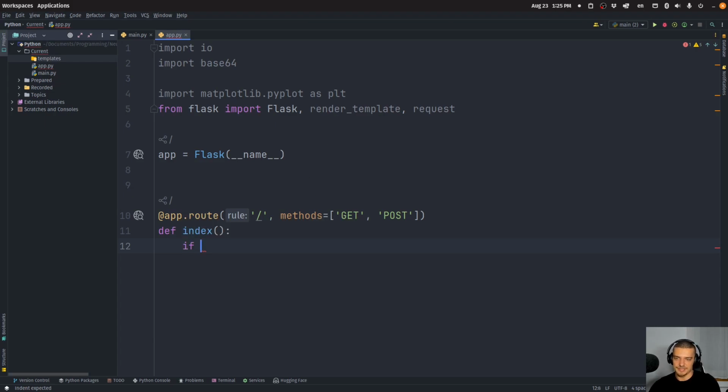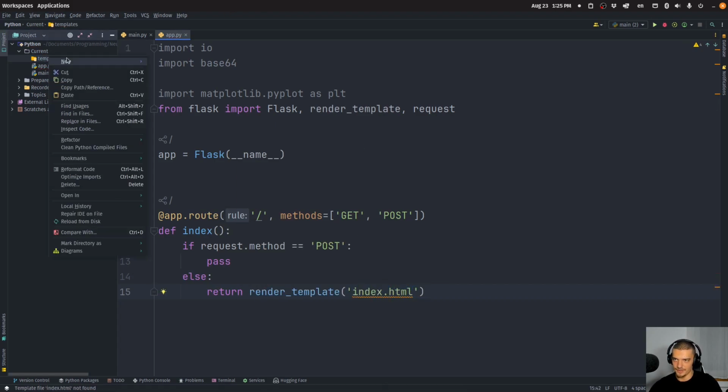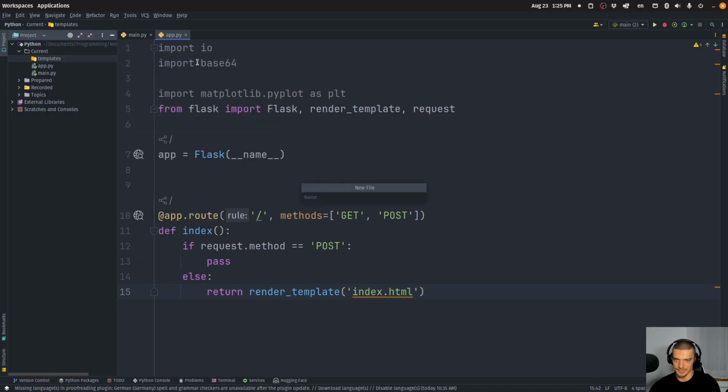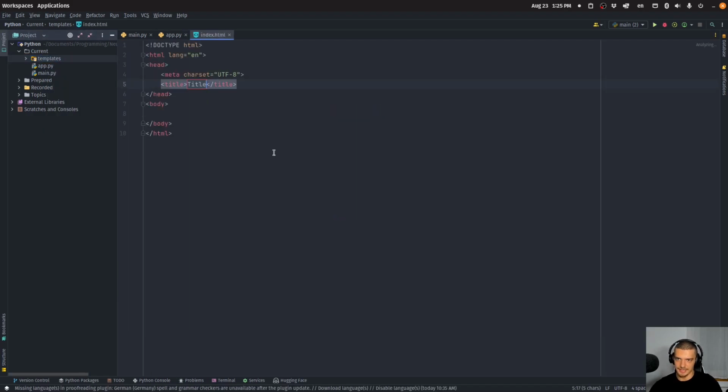And we're going to basically check if the request.method is equal to post. Then we're going to do one thing, and otherwise we're going to just render the index HTML file. So we're going to return render_template index.html, which we don't have yet. So let me use the template here, index.html. We can call this compound